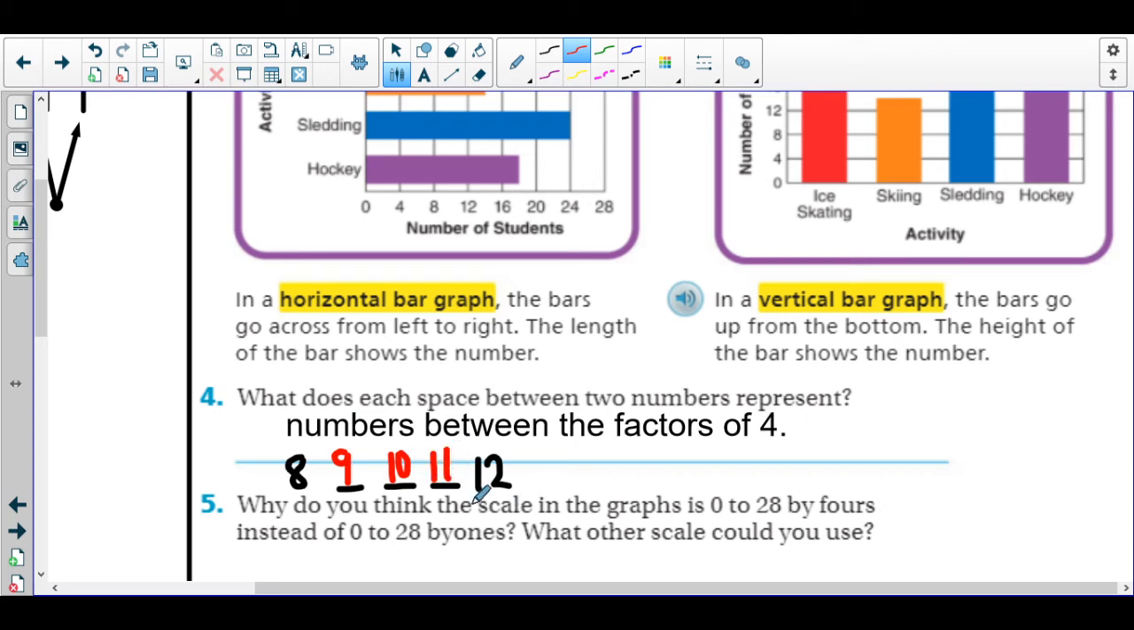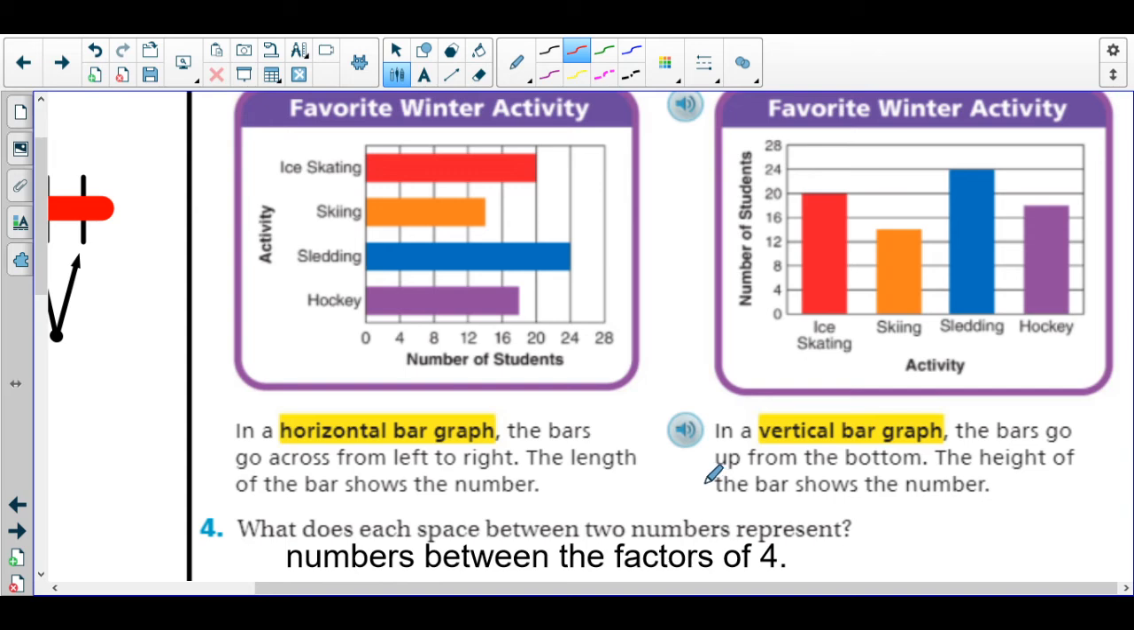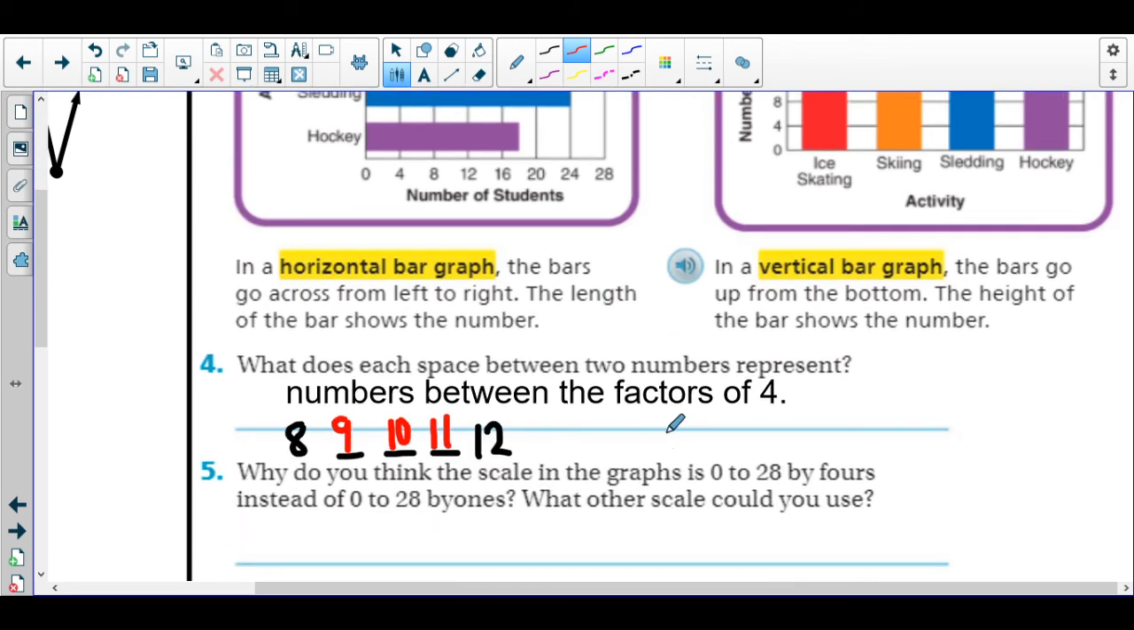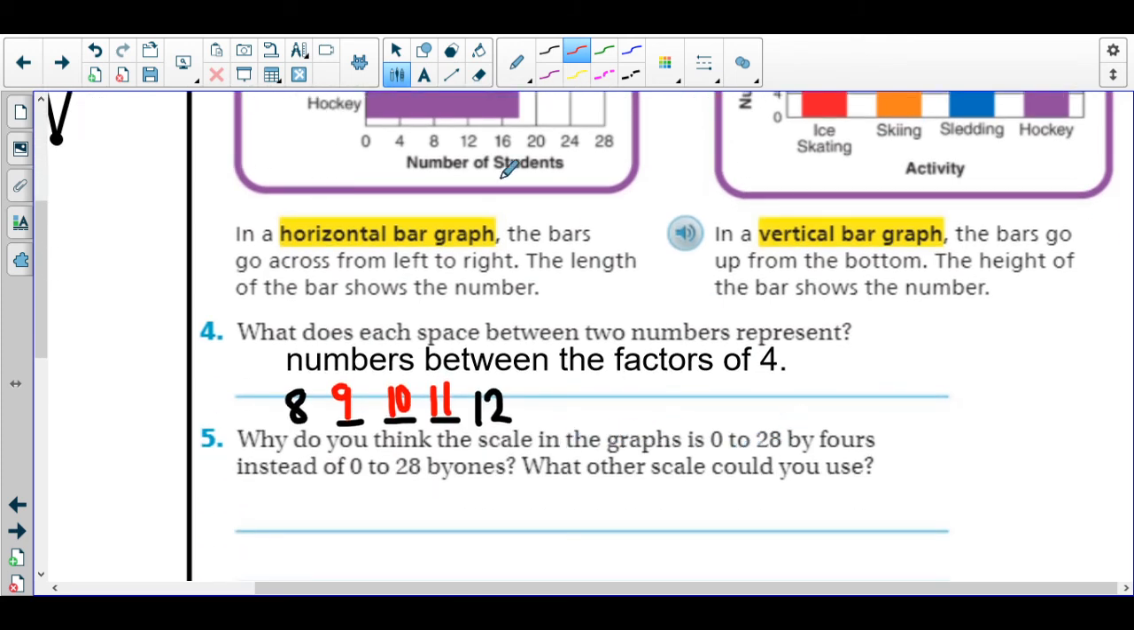Okay. So why do you think the scale in the graph is from 0 to 28 by 4s instead of 0 to 28 by 1s? What other scale could you use? Well, with some of the activities that we're going to be doing later on, if you did this by 1s, my goodness, the graph could go on forever. All right, so why do you think the scale is from 0 to 28 by 4s? That's the way, at least the way I'm looking at this, is it